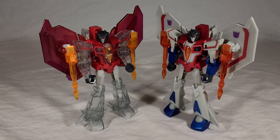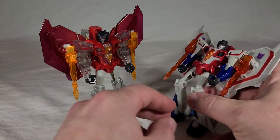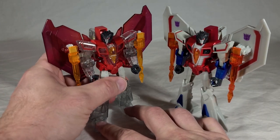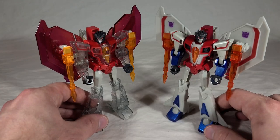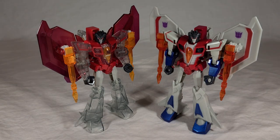Something I remembered about the regular Starscream when transforming just now, he has those really weak knees that make him flop backwards, and I'm pretty sure I pointed that out in his review. This guy doesn't seem to have that issue. His knees are a bit more solid. You can push him back, but even then they stay. So I think that's the case for all the other Seekers, and we'll see once I put them up on